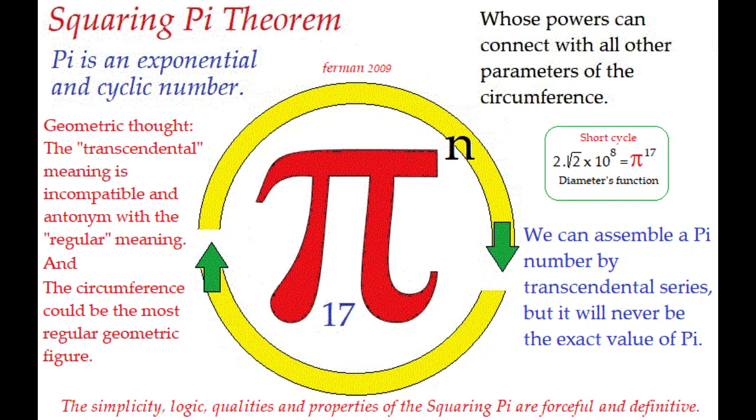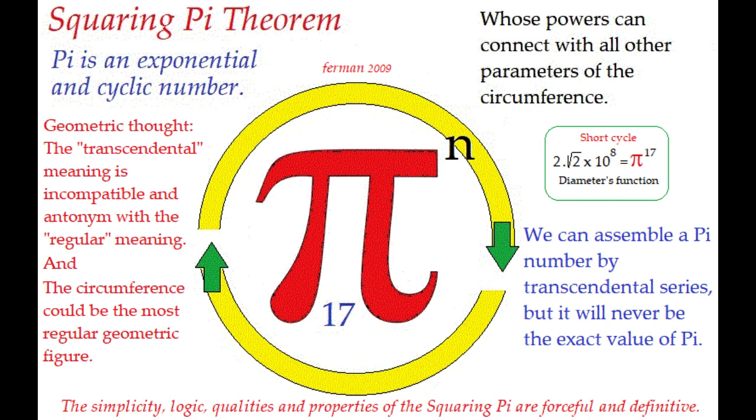Hello friends, allow me to start by setting up a small postulate. Pi is an exponential and cyclic number, which means that cycles of powers of pi can adjust and measure all other parameters of the circumference. And with this we can establish a slightly broader theorem, which would be all the parameters of a given circumference,